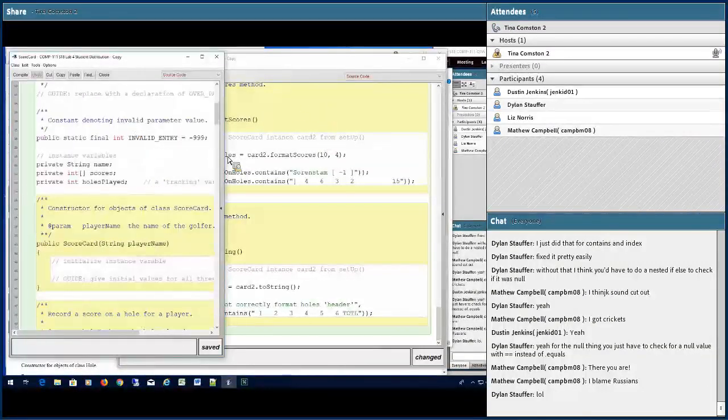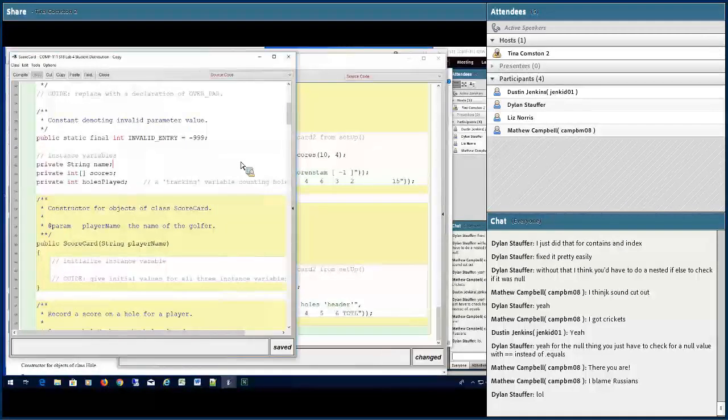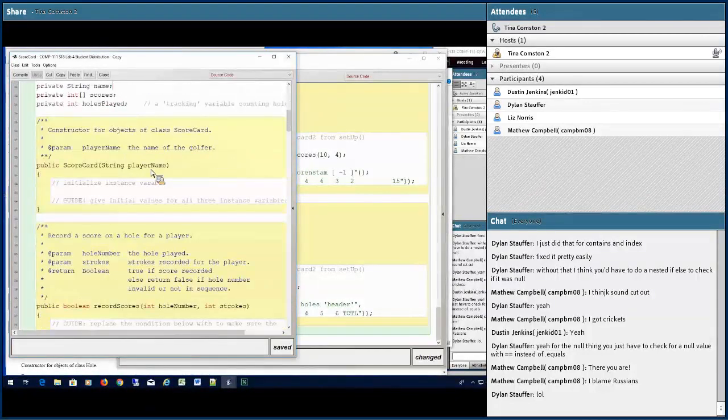12 minutes left. Let's take a rundown of the class. Okay. We have our constructor here. We have one instance